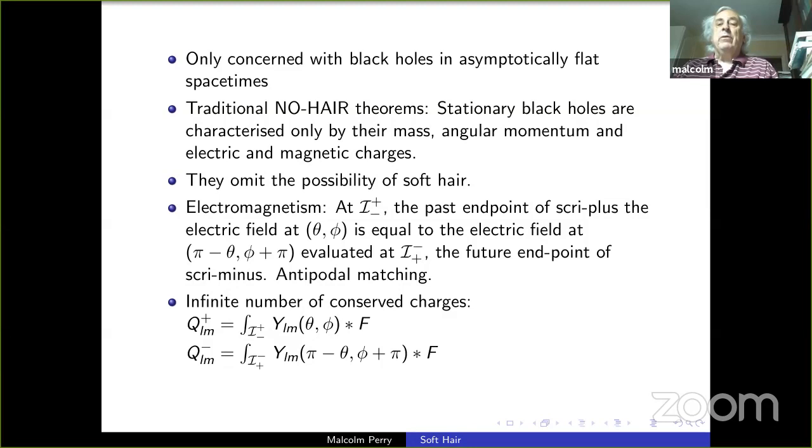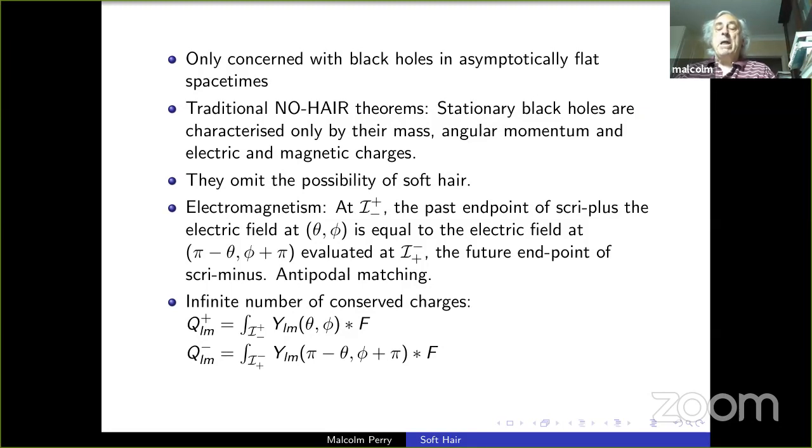Similarly, you can compute the electric field at the future endpoint of Scri minus, and what you discover is that the term that looks like 1 over r squared in the electric field at Scri plus minus is the same thing as the r squared times the electric field at the antipodal point on Scri minus plus. This is known as electromagnetic matching or antipodal matching. It's certainly true in flat space-time, and Christodoulou and Klainerman have shown that it is true also for the gravitational field and in space-times that are fairly close to Minkowski space. The words fairly close are not quite clear to me, but there is evidence that it's more or less a